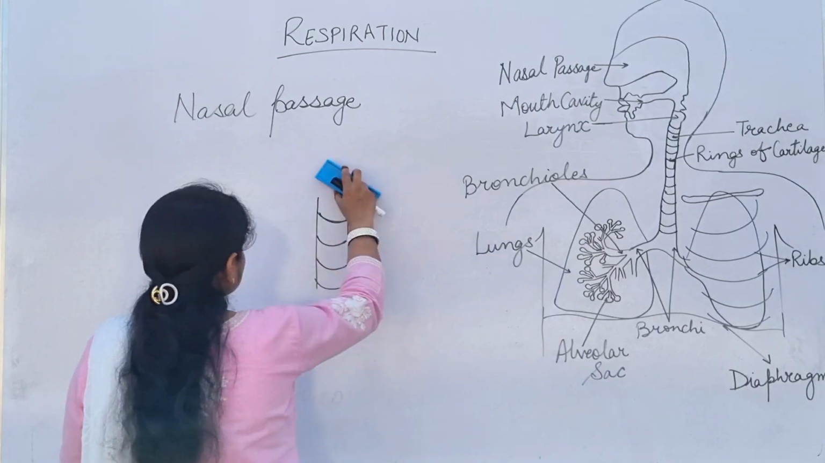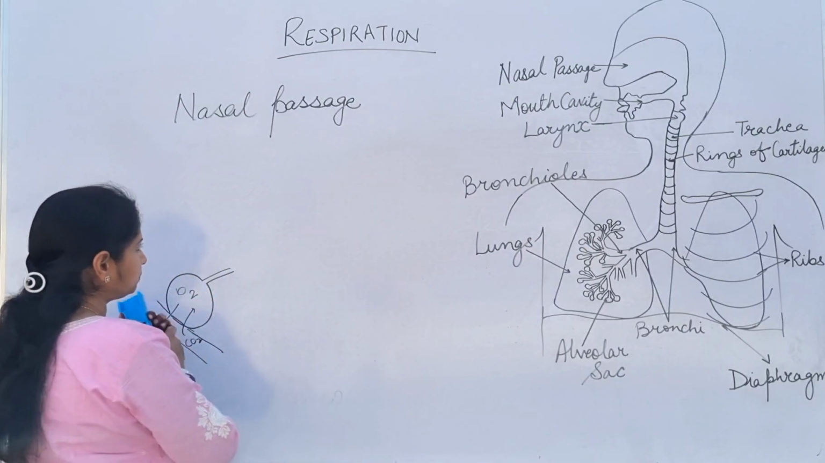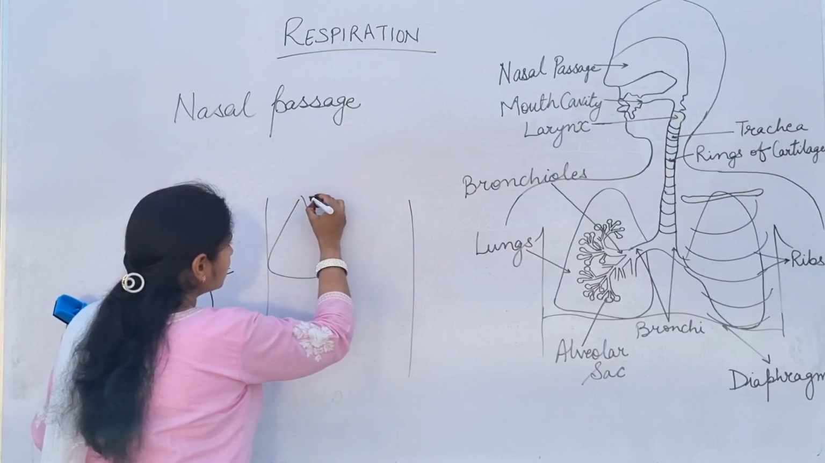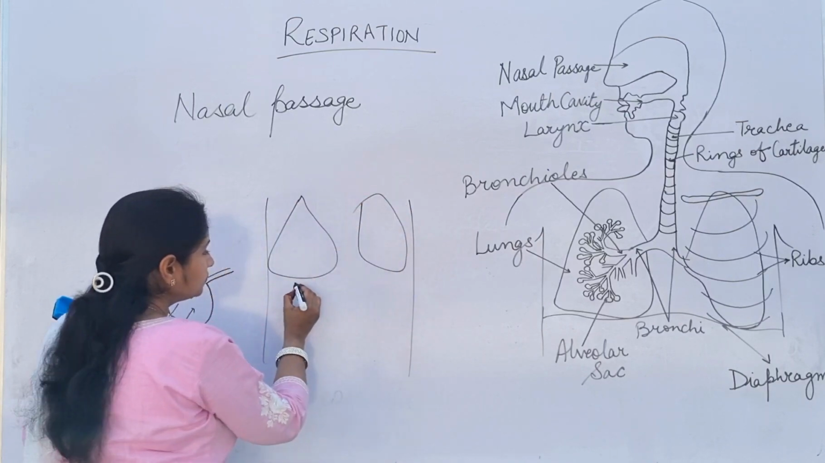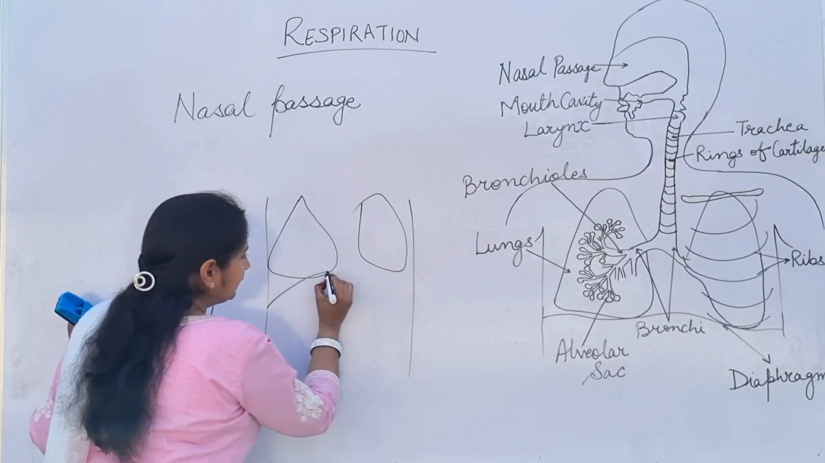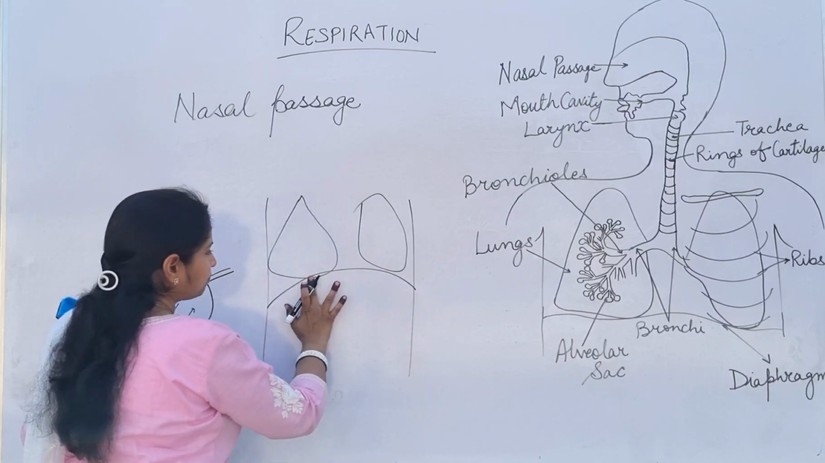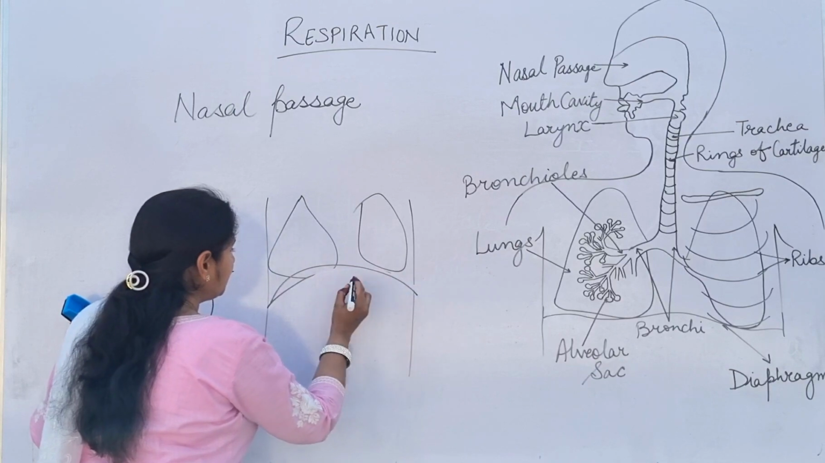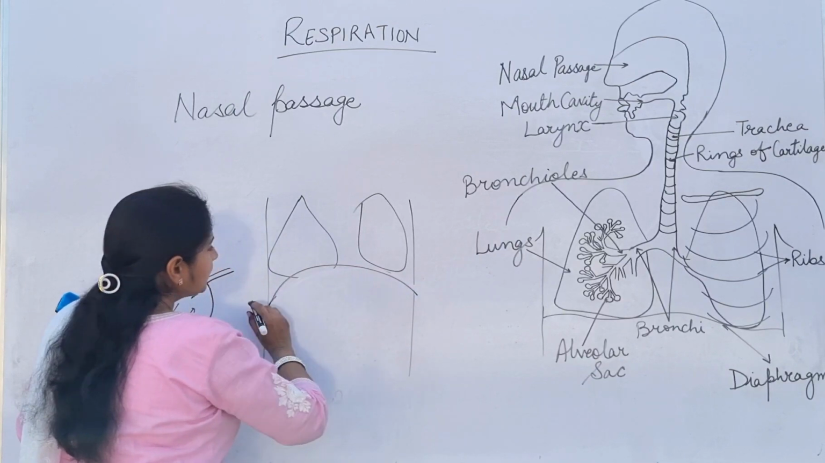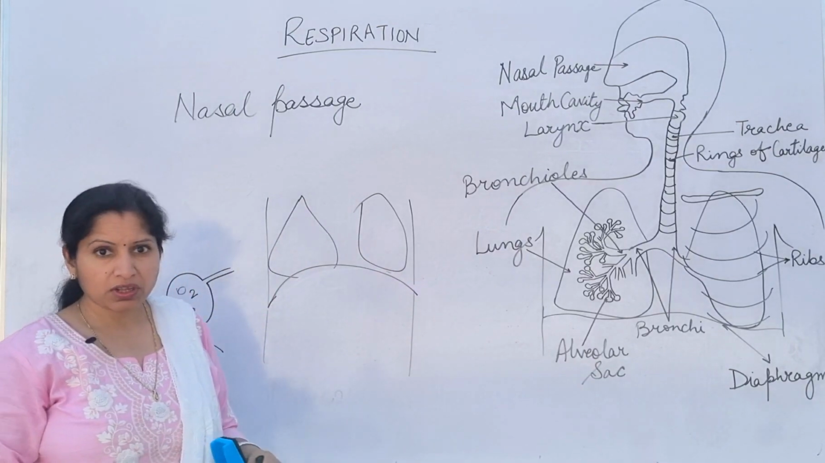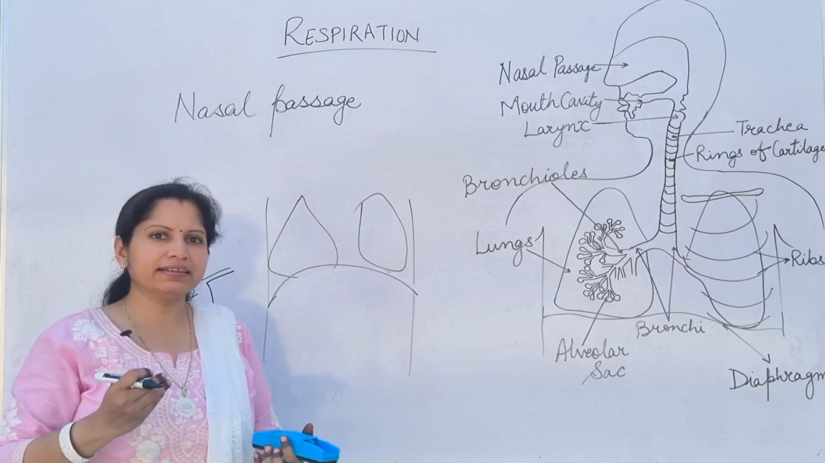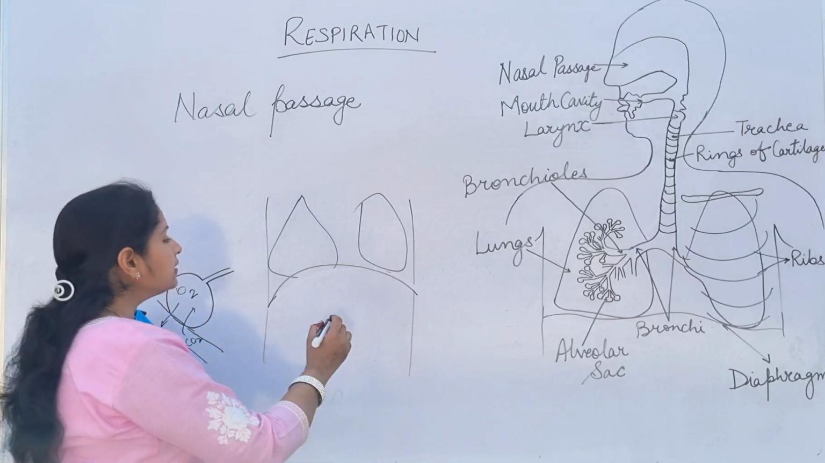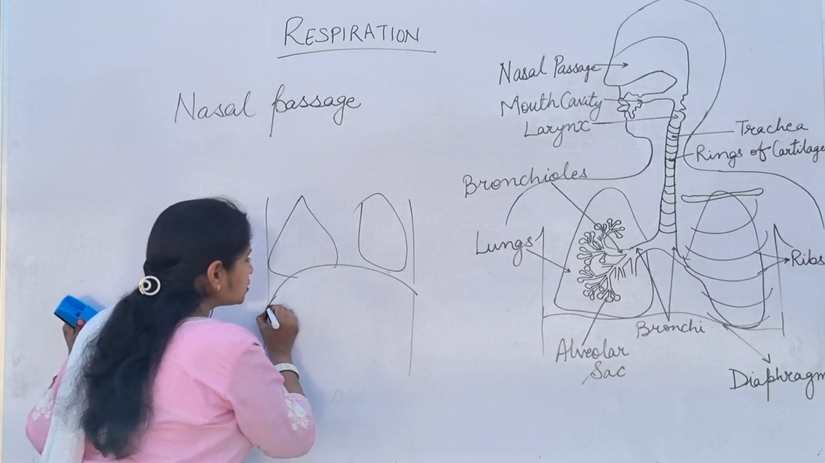So, if this is your chest cavity, and here you have your lungs, then normally the diaphragm is like this. When you are not inhaling, the diaphragm is in a dome shape. Now, when we inhale, when we perform inspiration or take in air, this diaphragm moves downwards and